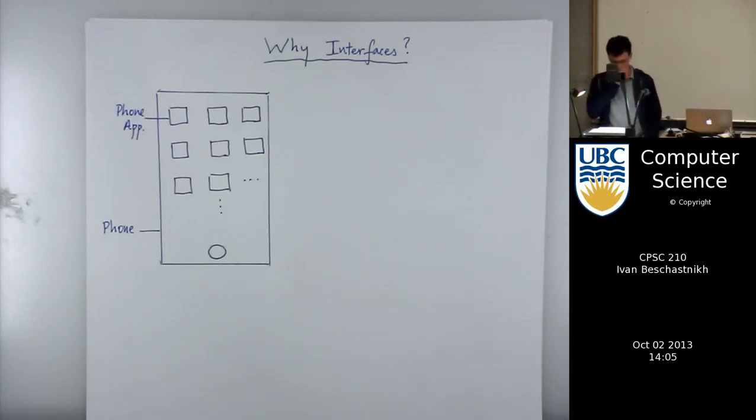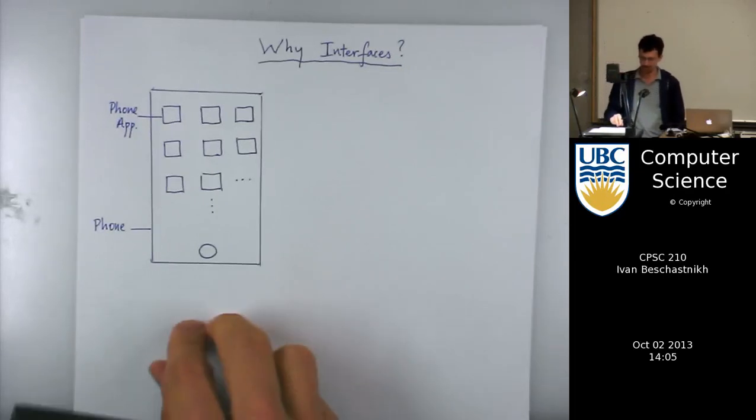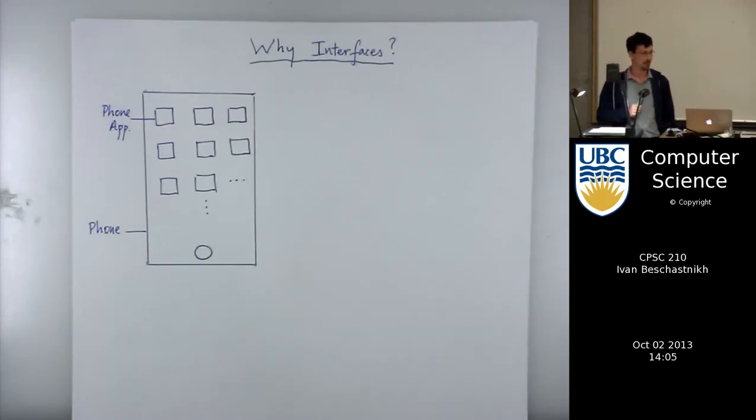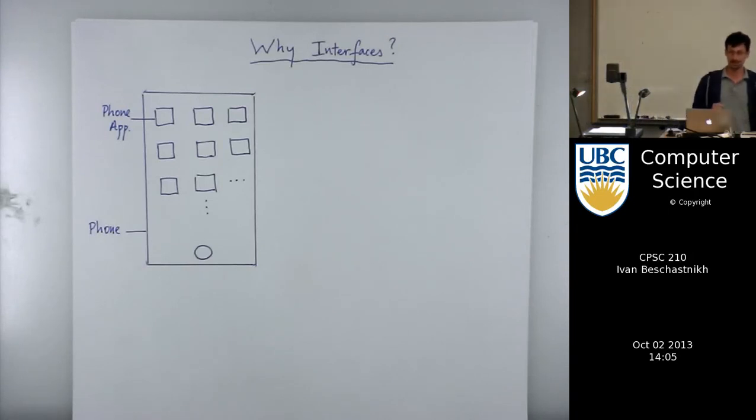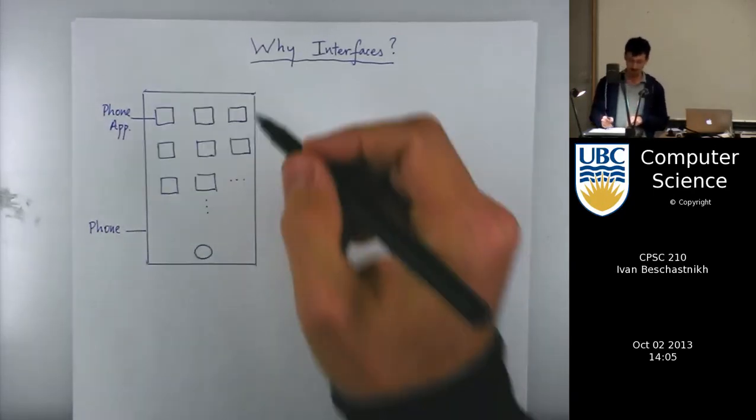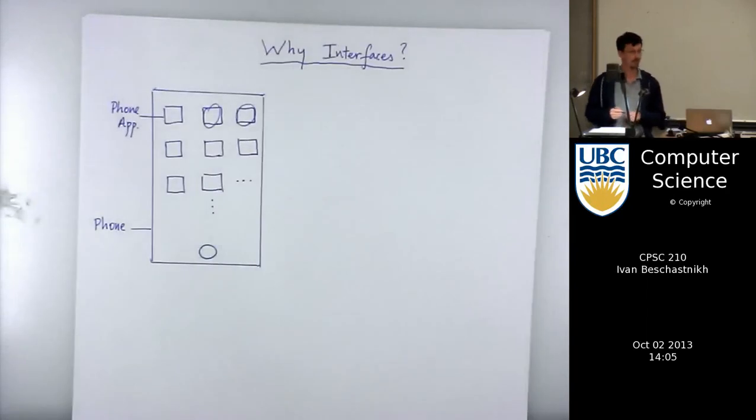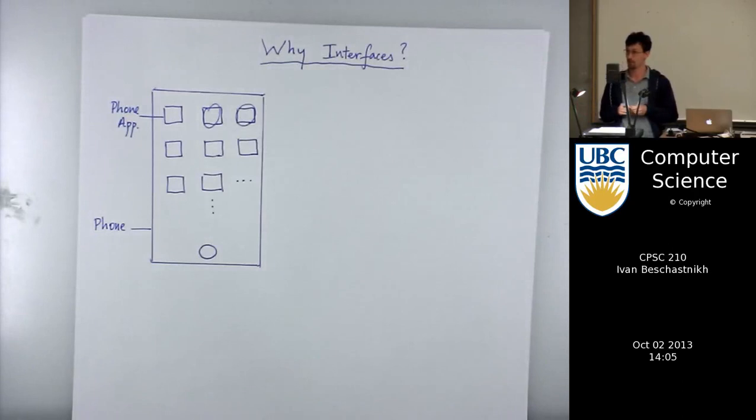So the example is the following. Let's say you're a phone manufacturer. This could be an Android phone, this could be an Apple phone, and until recently, phones were basically just very customized hardware, and the software was highly customized as well. There were very few things you could actually execute on a phone until very recently. Now what you have are these things, which are apps. Everyone that has a smartphone has a bunch of apps installed on their phone.